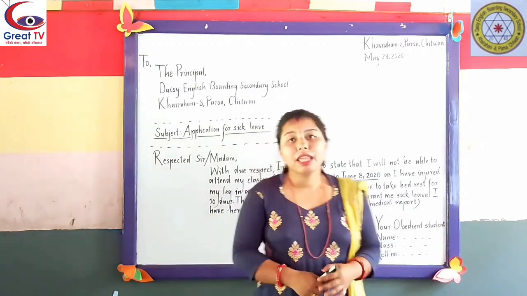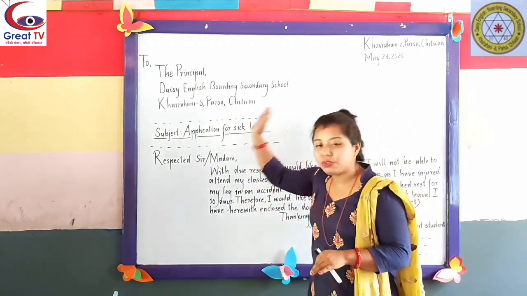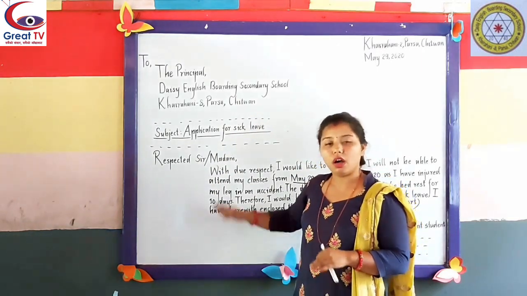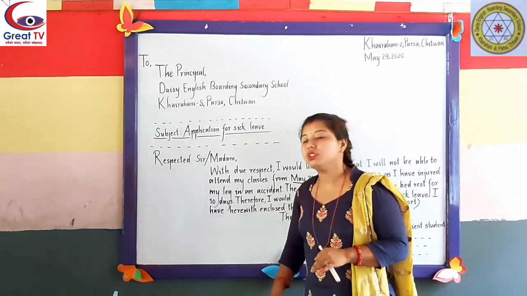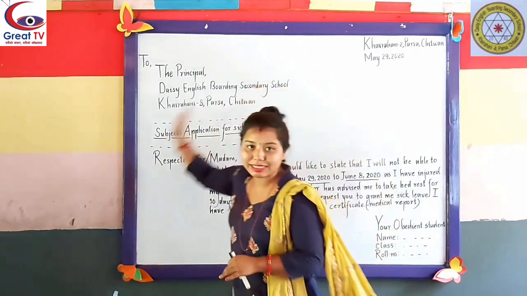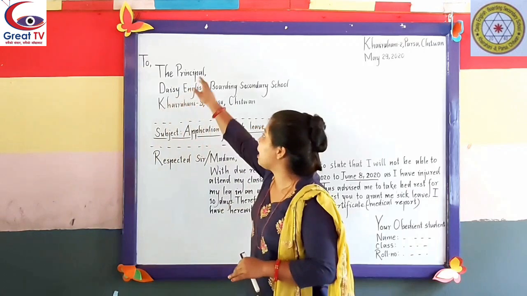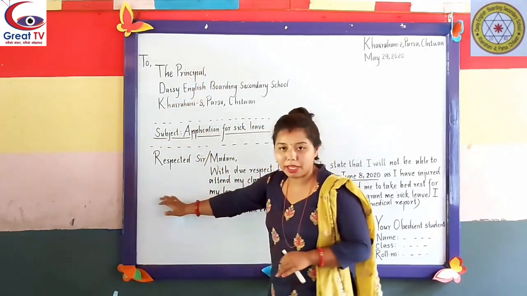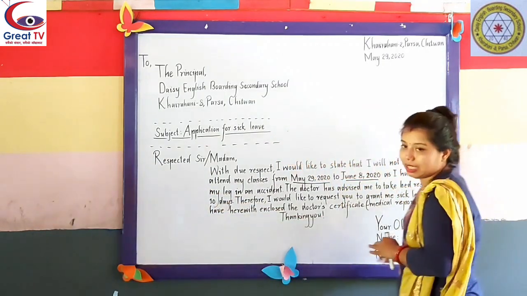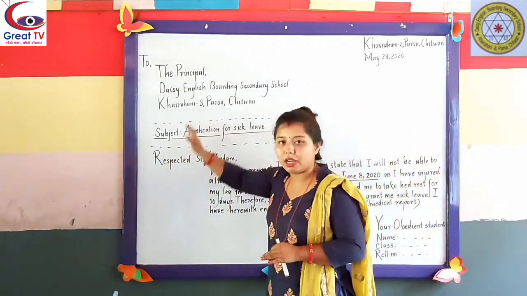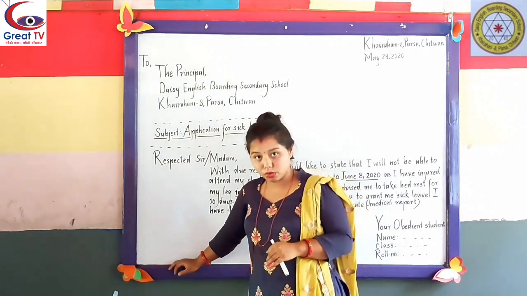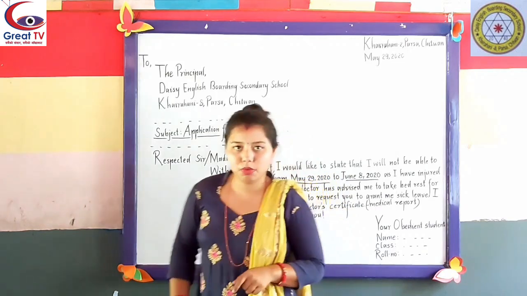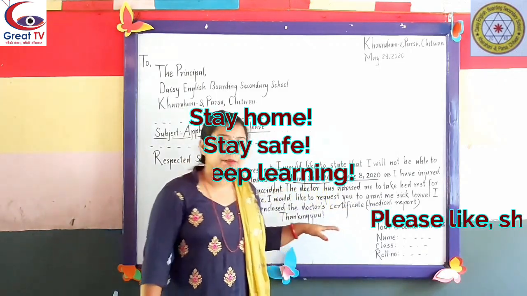My name is Sushma Kaur, so I will write my name here. My dear children, let me explain. This format is the traditional approach of writing the letter. In the modern approach, you will write all these things at the same side: your address, the date, this format, this body paragraph, and the ending part. But it will be much better if you choose the traditional approach for writing this application.